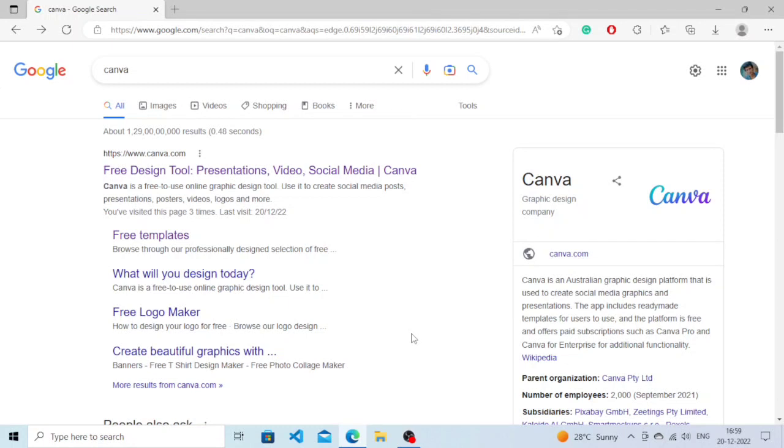So today in this tutorial we are going to learn how to put an image or picture in a shape in Canva. So without further ado, let's get started. So click on Canva,